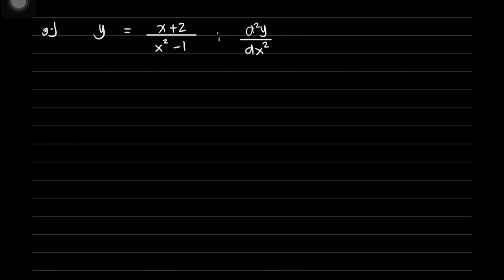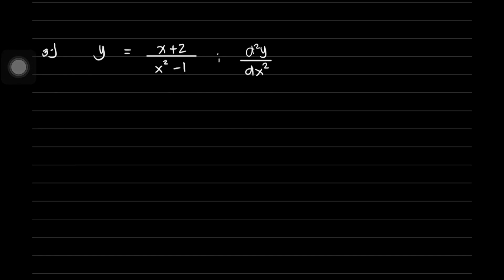For the third example, we are given here y equals x plus 2 all over x squared minus 1, and we are required to determine or solve for the second derivative of this function, right? So now, solving for the first derivative, before we do that, let us just recall the formula that we are going to use. Now, this is a quotient, so the derivative with respect to x of a quotient, u over v, given that u and v are functions of x,